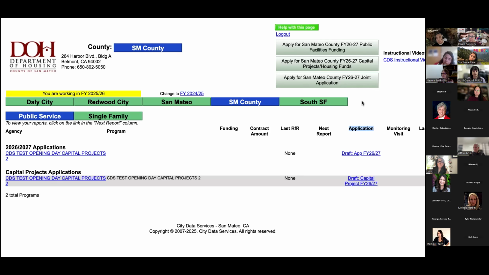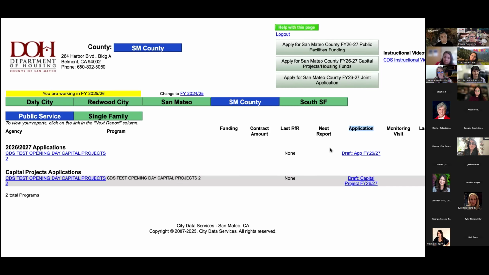If you wanted to create a new application for a program that's entirely new, like let's say this past fiscal year you've done work in a school, but going forward you want to do a homeless shelter, you would use this button to create an entirely new application and program. Does that make sense? So if you have a new program, click this button.